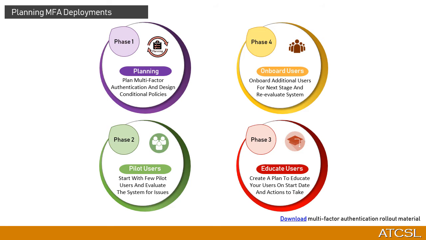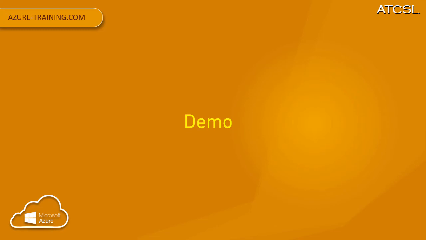Okay, so now it is time for us to dive into the demo and see it actually working. In our demo, we will use our upgraded license for Azure AD, which is Azure AD Premium P2, to deploy the multi-factor authentication and also create a conditional access policy for the users to automatically get enrolled for the MFA. We will also work on enabling MFA for individual users, which comes in handy for specific tasks. Finally, we will also look at how to get the usage and insights for the authentication activity. Let's get started.